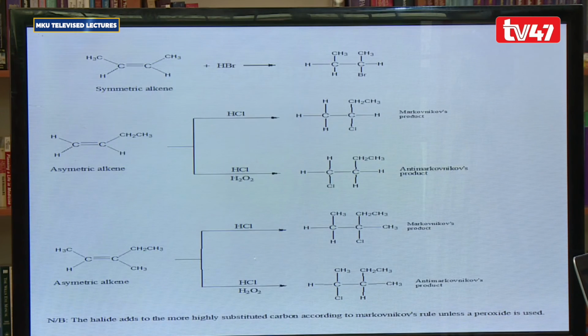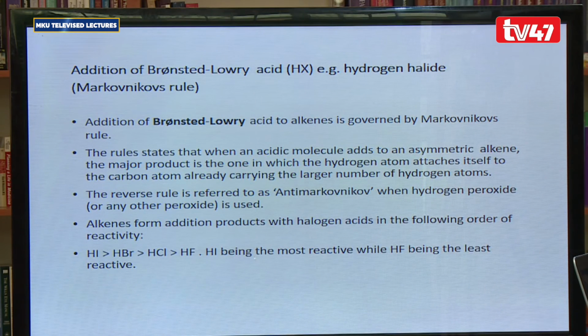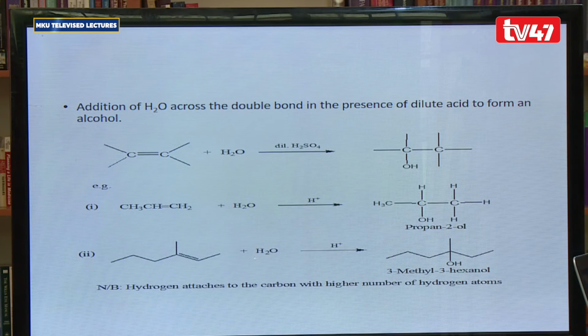So that is the general reaction when you react alkenes with a Bronsted-Lowry acid. However, that addition does not follow any formula, but follows a specific step. In that addition, the hydrogen of the Bronsted-Lowry acid will join to the carbon atom that has the highest number